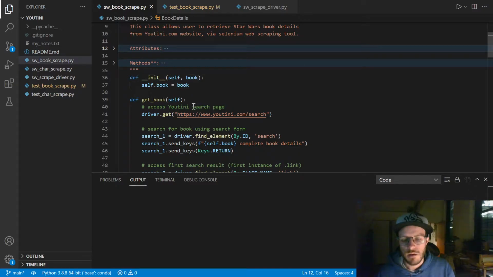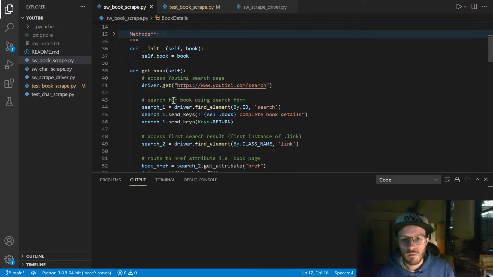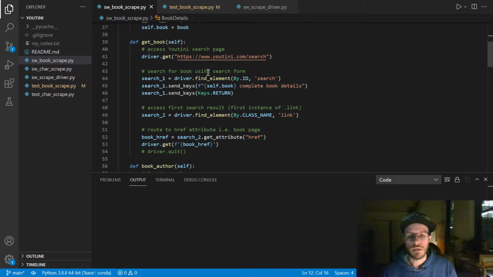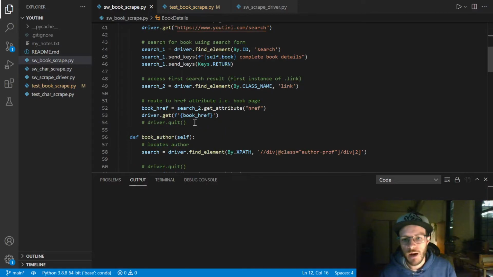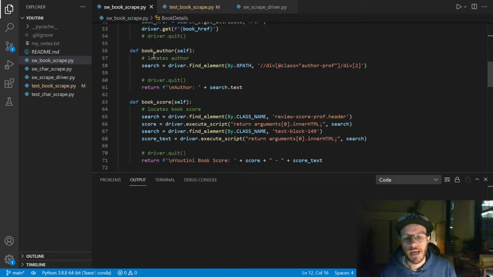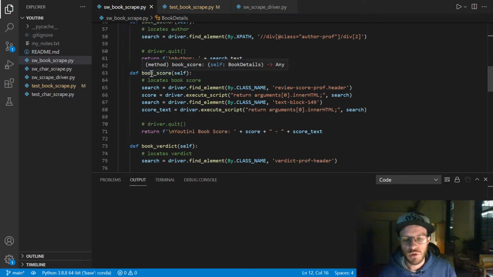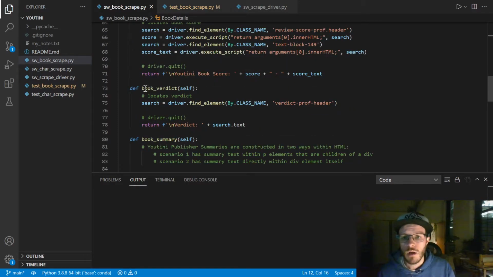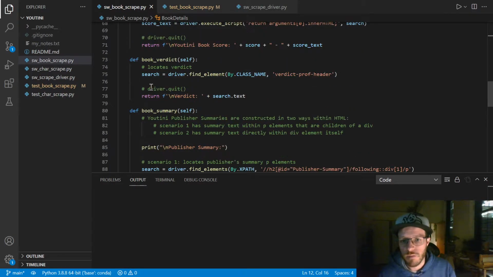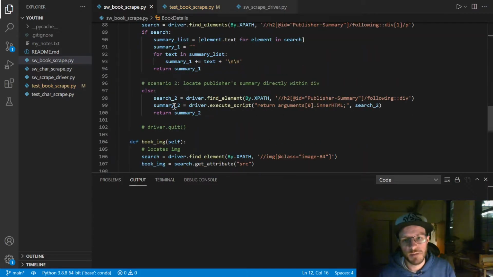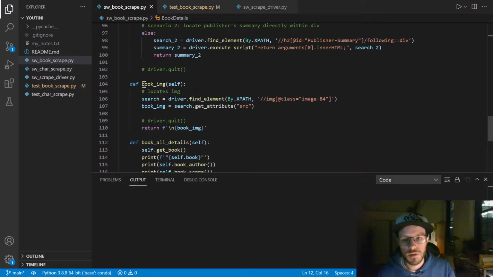After the init method, there is a getBook method, which pulls up the page that the specific Star Wars book is located on within the Utini website. From there, all of these other methods grab all of the information about the book that you're looking for, such as the author, the book score, which is a number rating that the Utini folks give to all of the books, a verdict, which is a one-line summary of the book, the actual publisher's summary,